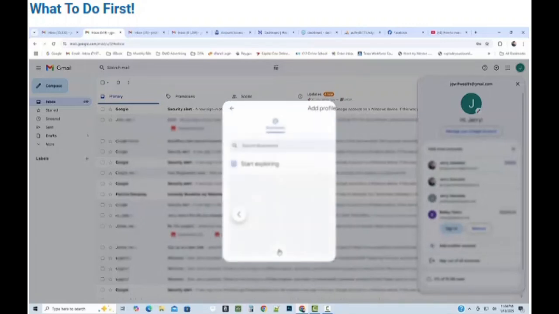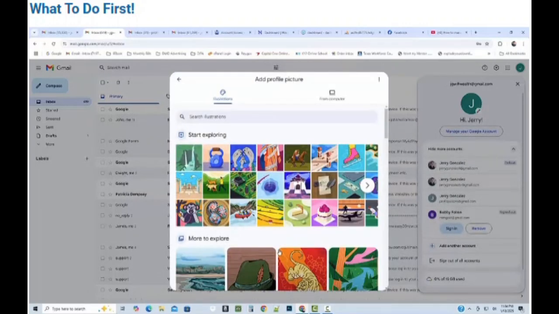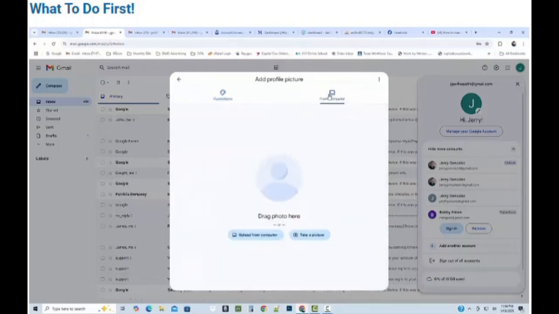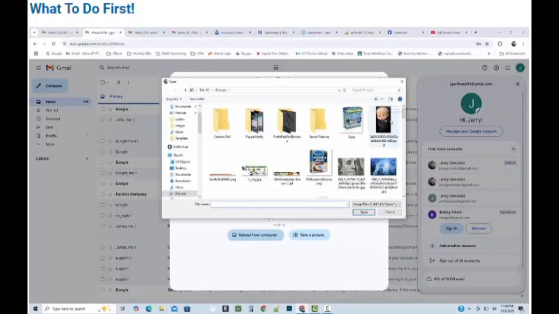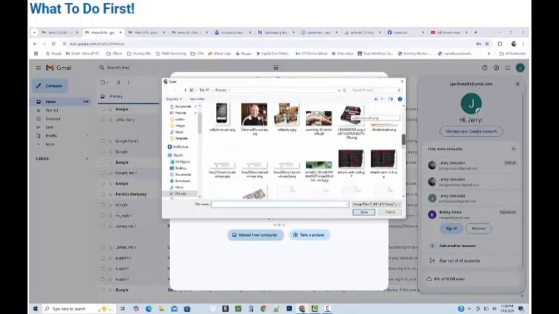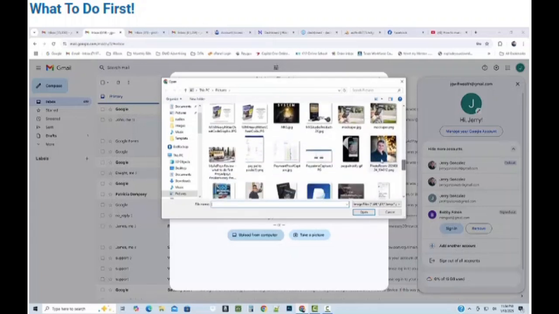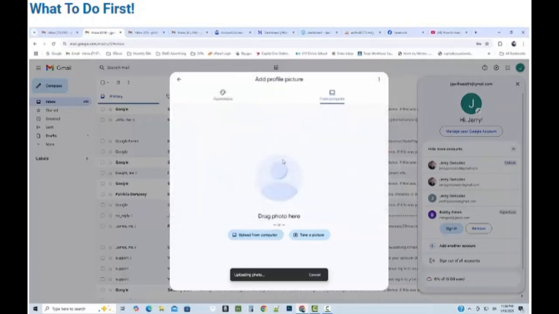If you click that, it'll bring up some other selections here, but what you want to do is click on from my computer, and then you want to go ahead and upload a picture from your computer, if that's what you're using, a computer. If you're on a cell phone, it's a bit different, I think. So if I go look for a picture and I just upload it,